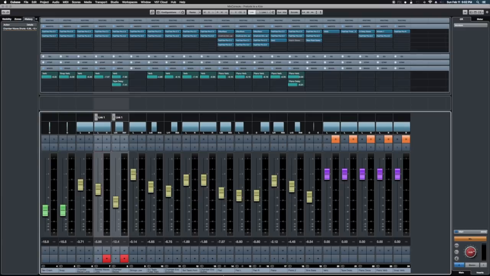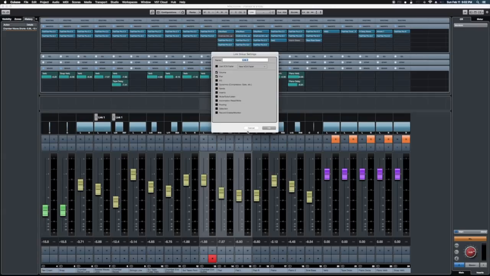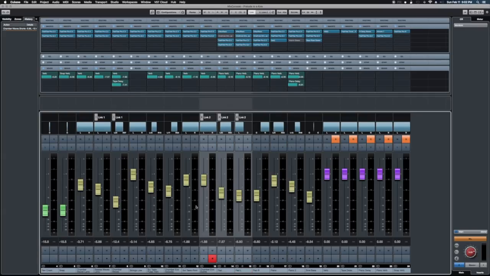You can create another link group. Select some other tracks, click link, give it a name, and now you have a link group. And these tracks are linked. But in Cubase, one of the differences is that a track can only belong to one link group at a